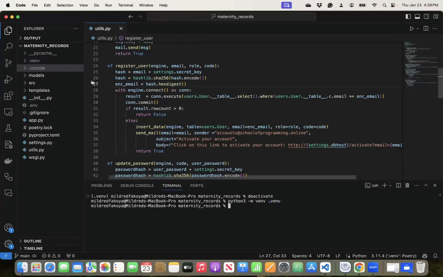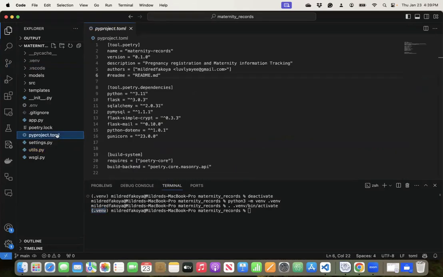If this is created, you'll see it there, and then you want to activate it. source .venv/bin/activate. And once it's activated, you'll find it here. Now I want to install all the dependencies. We use Poetry, which means in our pyproject.toml file, we have all the dependencies or the packages or the libraries or the modules that it needs to install. So what we'll do here after activation is to write poetry install